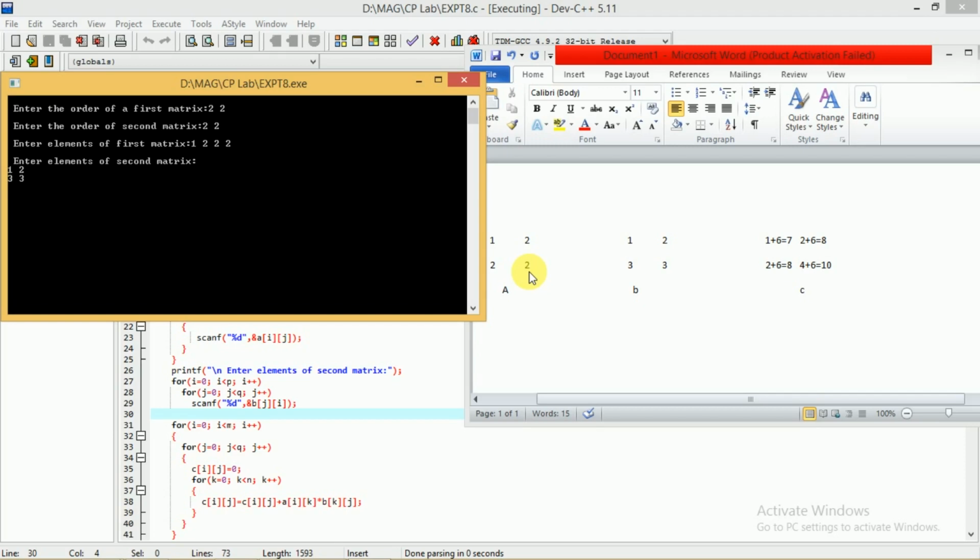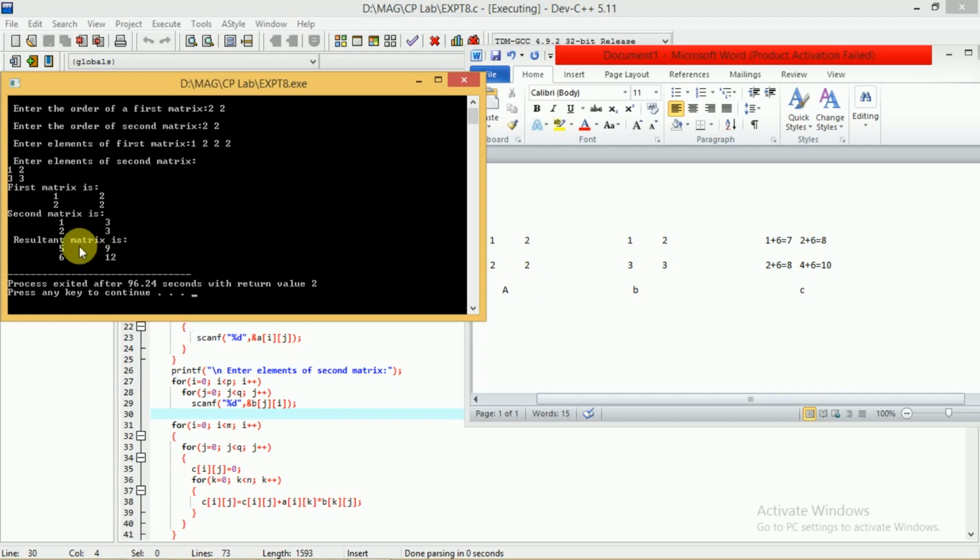You have entered the second matrix also, and after this you just see the resultant matrix. The resultant matrix here is 5, 6, 9 and 12. I think we made some mistake here. It should be 1 into 1 it is 1, plus 2 into 3 it is 6, 6 plus 1 it is 7.